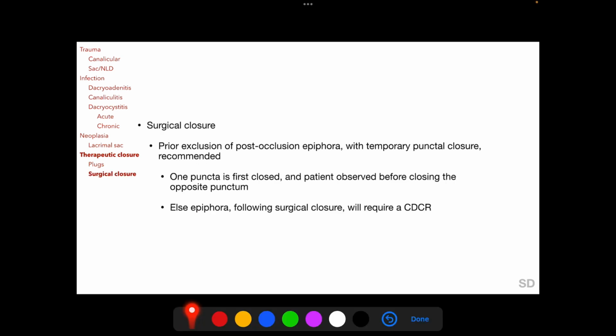Apart from punctal plugs, surgical closure of the lacrimal drainage pathway is also feasible, but prior to a surgical closure, temporary punctal closure must be performed with punctal plugs to exclude the occurrence of post-occlusion epiphora before a definitive surgical closure is done. One punctum is first closed surgically and the patient observed for the occurrence of epiphora before closing the opposite punctum surgically. If there is epiphora following surgical closure, the patient will require a CDCR to control the